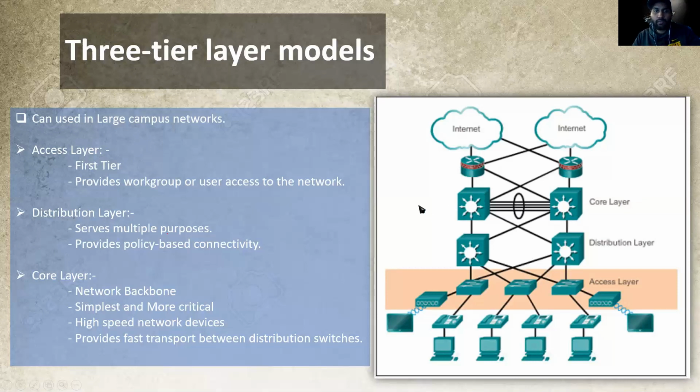The third layer is the core layer, also referred to as the network backbone. The core layer consists of high-speed network devices, and the core aggregates the traffic from all the distribution devices and is designed to switch packets as fast as possible. It connects multiple campus components. As shown in the figure, the core layer is critical for interconnectivity between the distribution layer devices. In the modern business world, the core of the network must operate non-stop, 24/7, 365 days a year. Keep it simple because reliability is the key in this layer. Let's move on to the next slide.